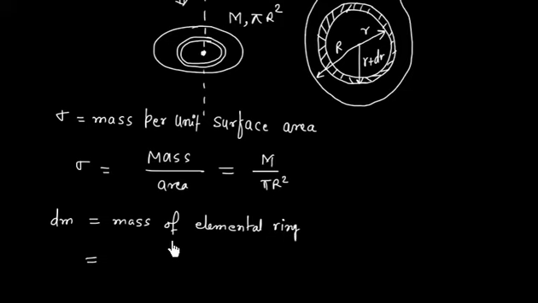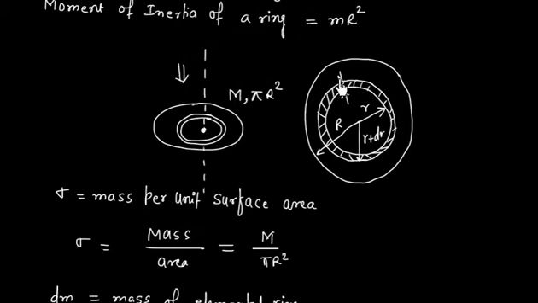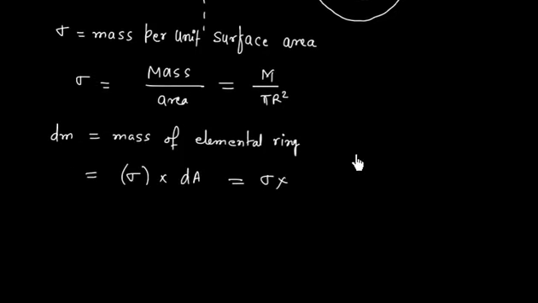This is equal to the surface area density sigma multiplied by the area, that is dA. So sigma times dA, where the circumference is 2 pi r and the width is dr. So this width is dr. We can assume the periphery remains constant. So this is 2 pi r and this is also 2 pi r, the next one is also 2 pi r. So we can simply multiply 2 pi r into dr to get the elemental area. So this is 2 pi r into dr.